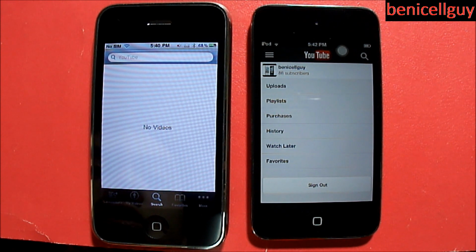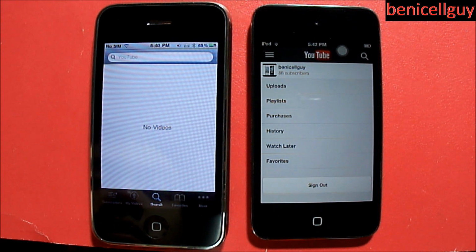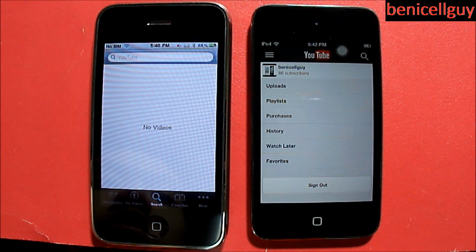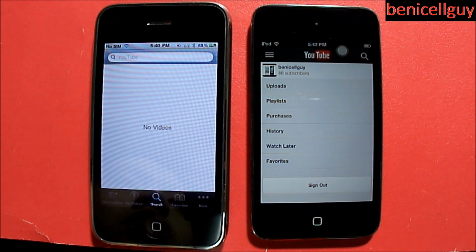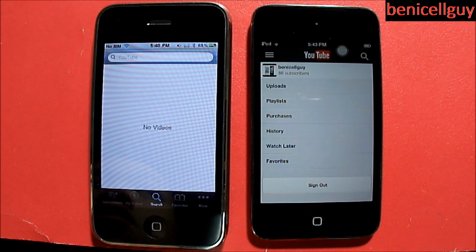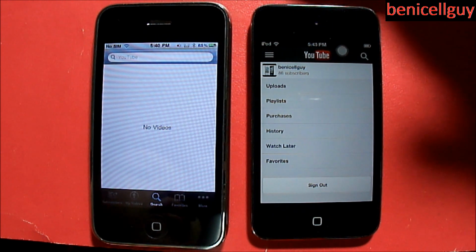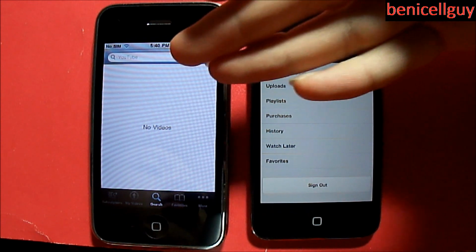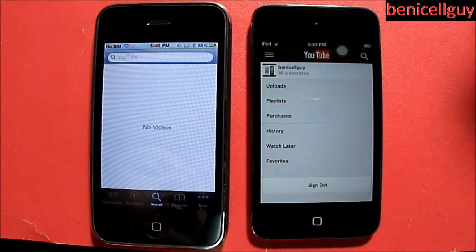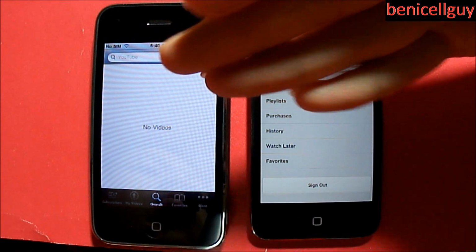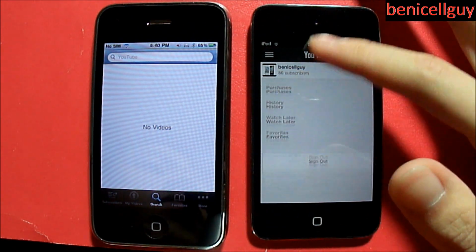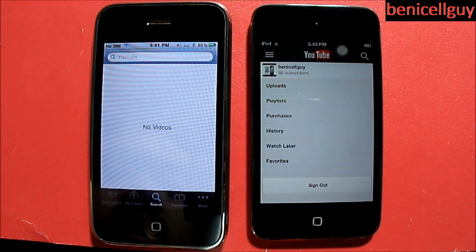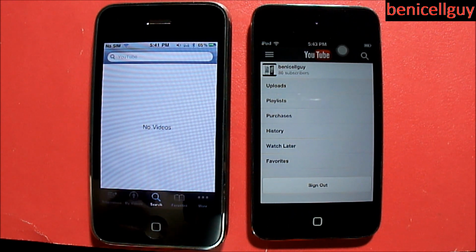And the new YouTube app, I really like it so much, and I don't know what else to say about it. You know, expect more in depth of this app in my full review coming up in about a couple of days, I guess, or maybe in a week or so. I don't know. We'll see what happens. But overall, let me just say, I like this better more than this. This was okay, but most of the time I found myself using the web browser to view YouTube videos versus the iOS stock application. But I really love the way Google developed their YouTube app,